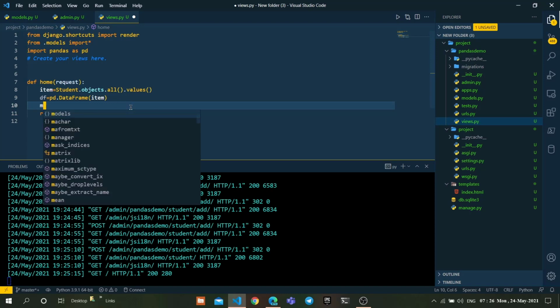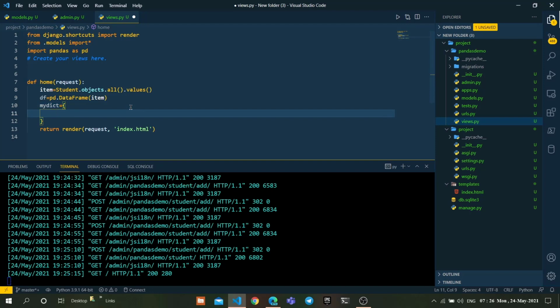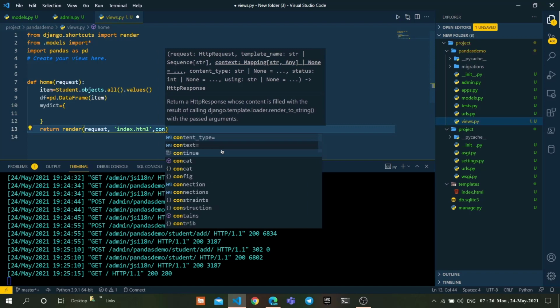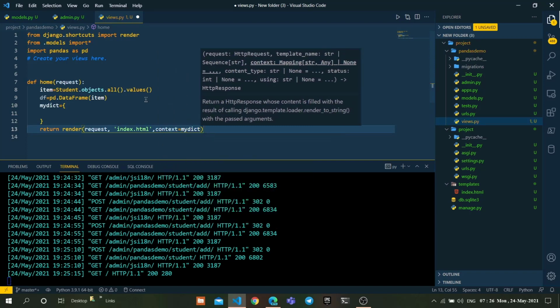So for that, create a my_dictionary equal to a new dictionary and pass this dictionary as a context. Context equal to my_dictionary.